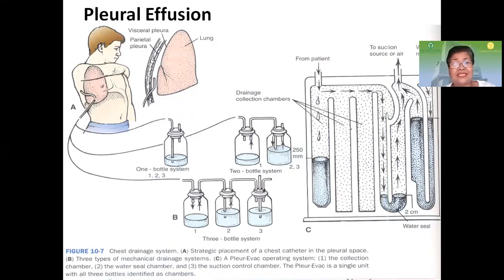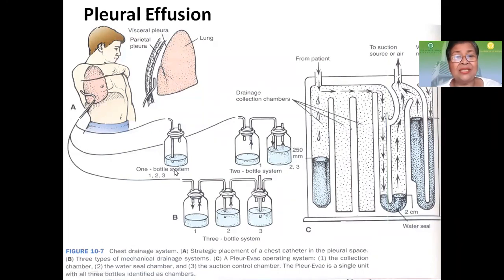How would you know that this is functional? What would you see in the water seal? Ano makikita mo sa water seal? Ang makikita mo ay there is intermittent oscillation or fluctuation. Intermittent oscillation or fluctuation. Meaning, when the patient inhales,